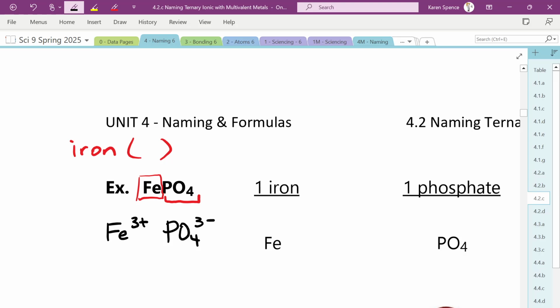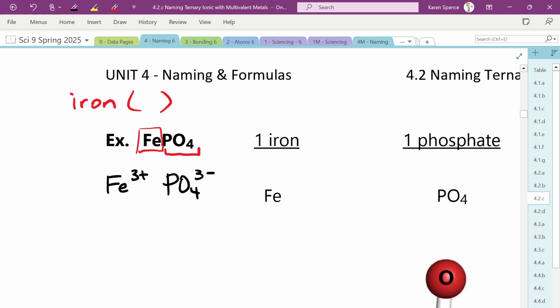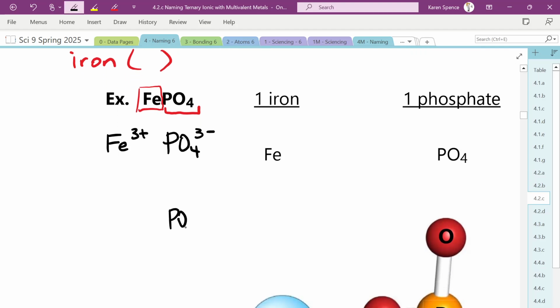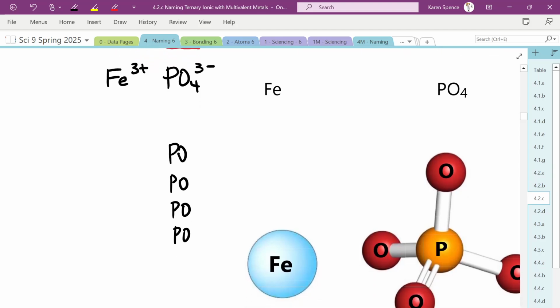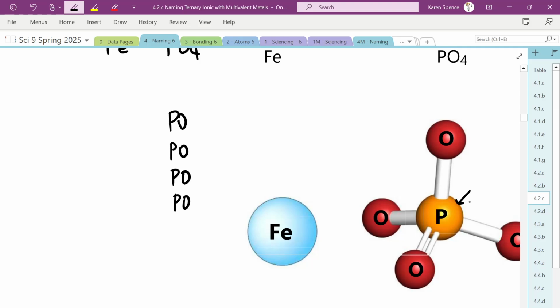Now, the easiest way to make a mistake on this is to think to yourself, oh, gee, I have 4 of these. And so you might say, okay, I got PO, PO, PO, PO. Sometimes people will think that that's what they have, but that's not what you have. You have 1 P, not 4 P's, not 1, 2, 3, 4 P's. You have 1 P with 4 O's, and you just have one of that entire thing, okay? If I wanted to have 4 phosphates,